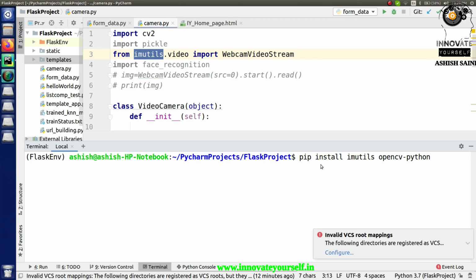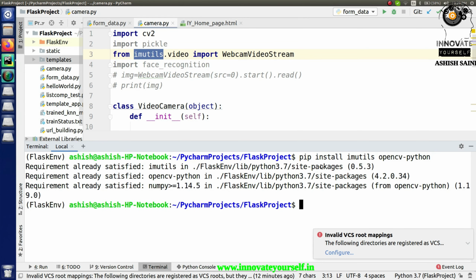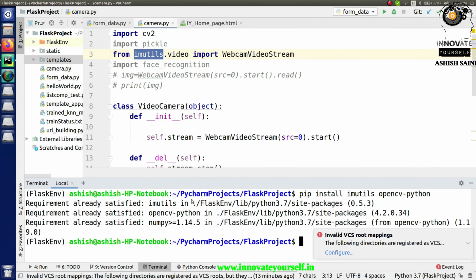Let's just run it. In my system it is already installed, so it will directly say requirement already satisfied. But in your system it will take some time to install. This is how you will be able to install the packages.